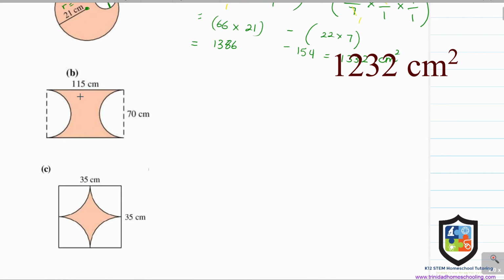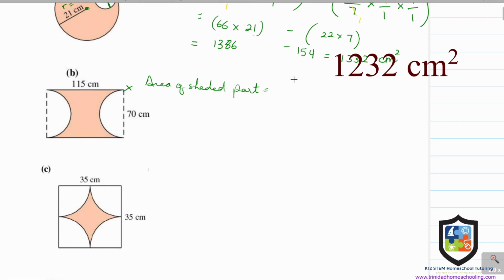Now let's look at part B. Let's see what shape makes up part B. Before we cut this out, we have a rectangle, right? And we learned in the previous lesson that the area of a rectangle is the length by the width or the breadth. And we have a half of a circle here and a half of a circle there. So if we had to find the area of the shaded part,